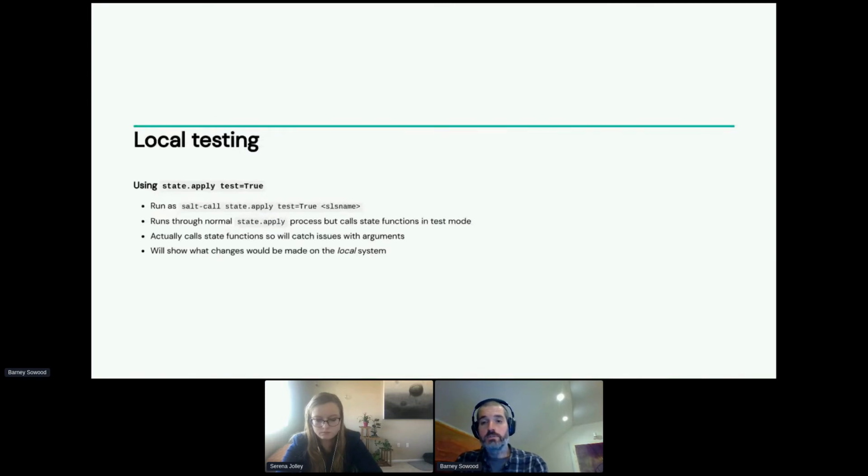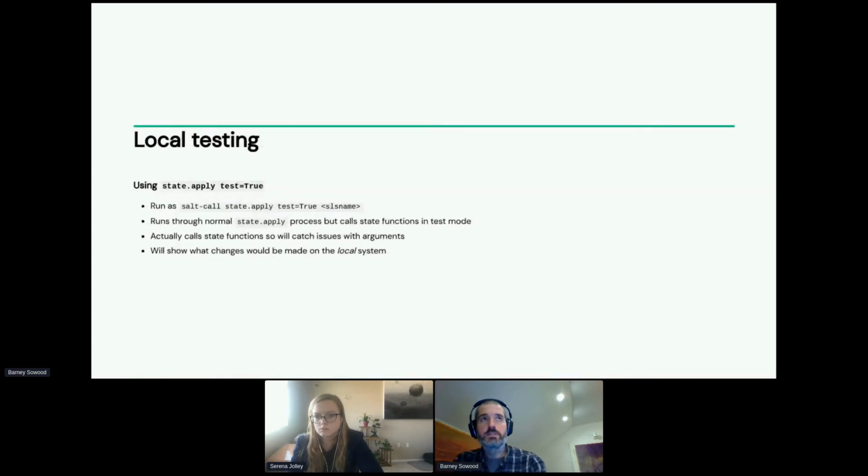But unlike mock equals true, it does actually call the state functions, but calls state functions in test mode. So in some ways, that's an improvement from the testing point of view, because it means that any validation of arguments that the state function does will happen because the arguments in your state file are going to be passed to it, and it will also show you what changes will be made.